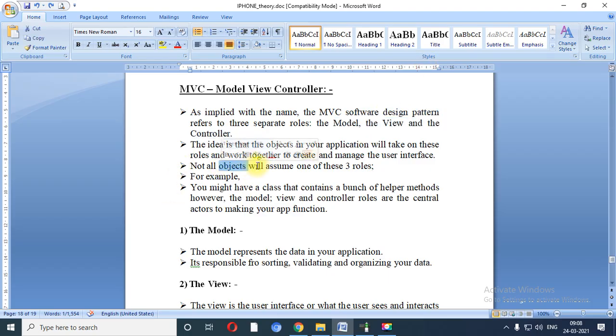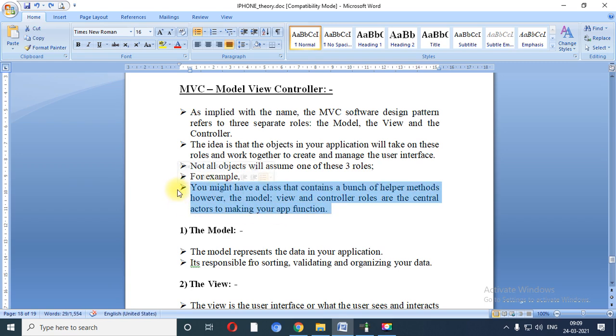Not all objects will assume one of these 3 roles. For example, you might have a class that contains a bunch of helper methods. However, the model, view and controller roles are the central actors for making your application function.